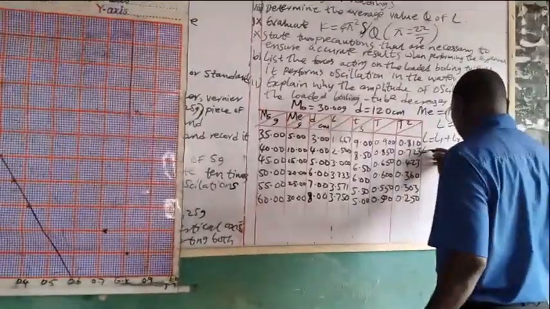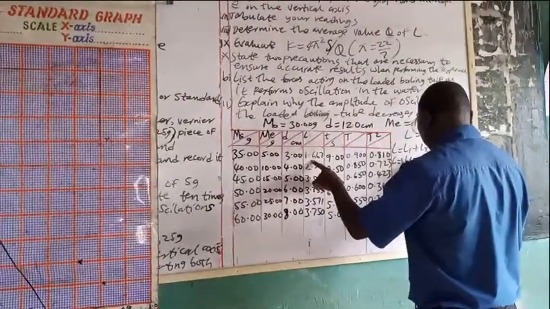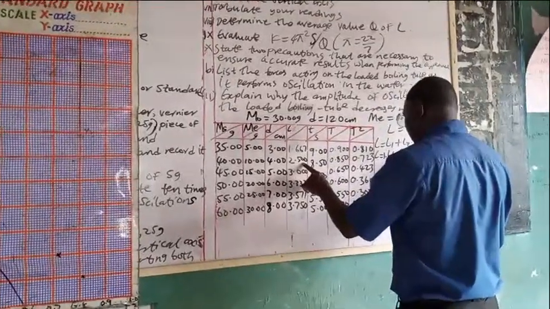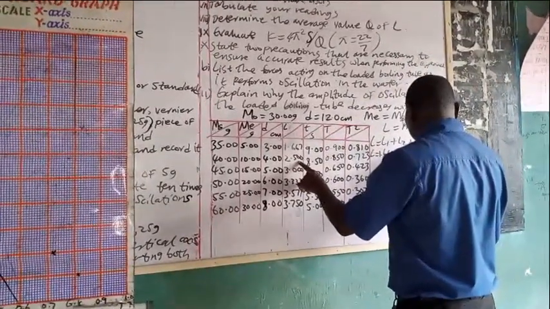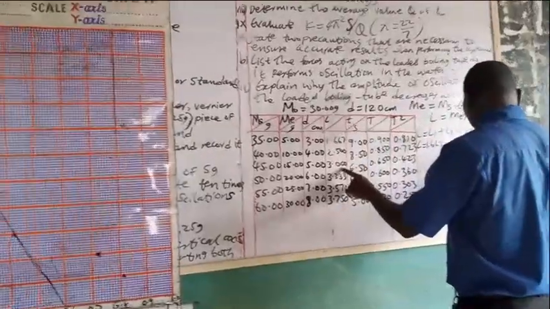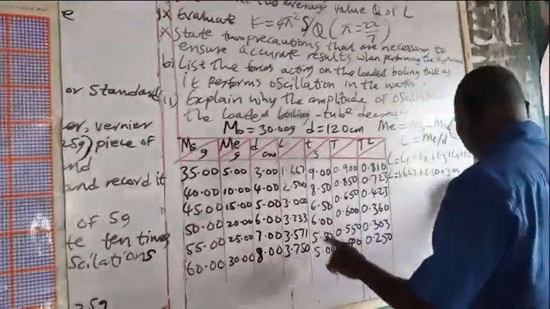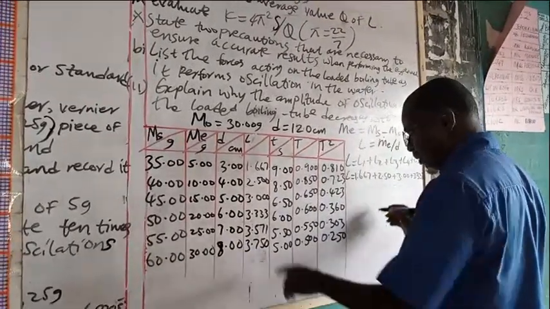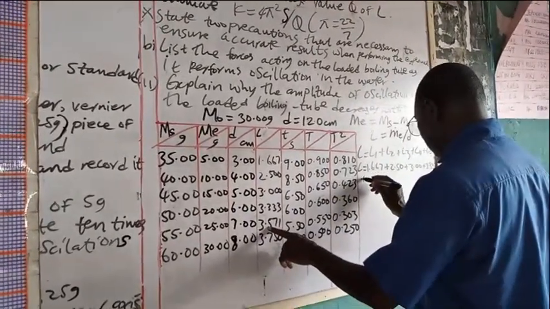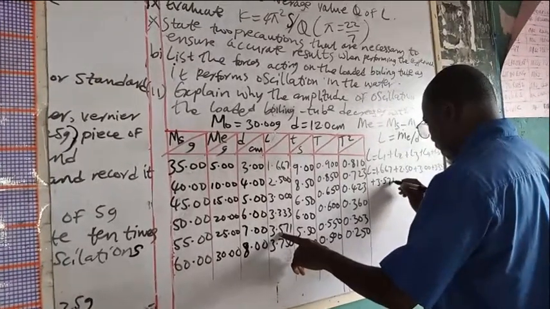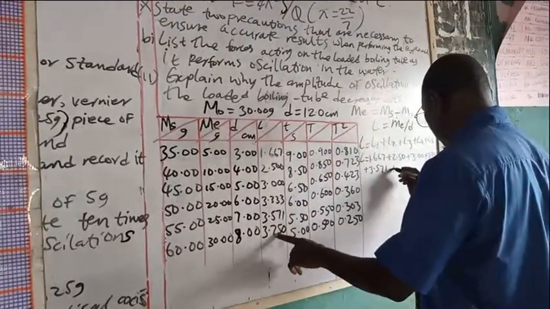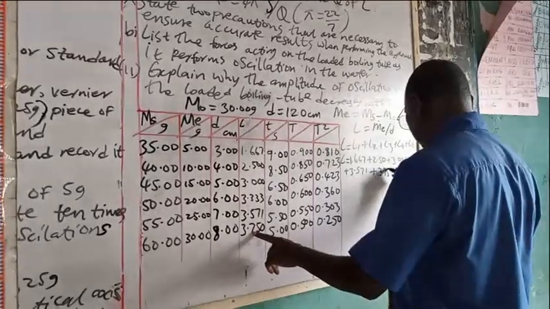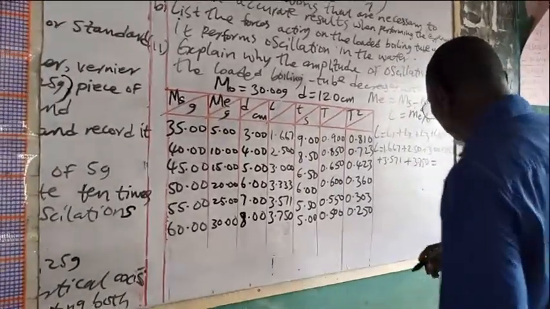This one will give us L is equal to 1.667 plus 2.500 plus 3.000 plus 3.333 plus 3.571 plus 3.750 is equal to